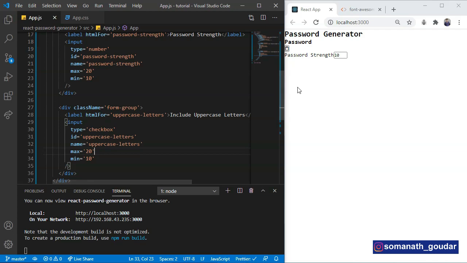Let's save this. Let's check. Yeah, now we have an input field for uppercase letters.